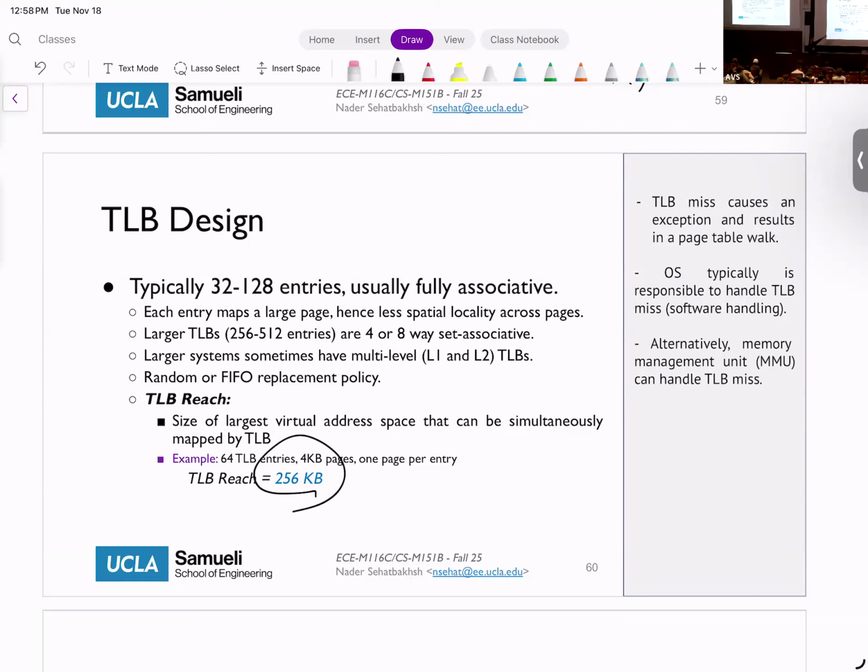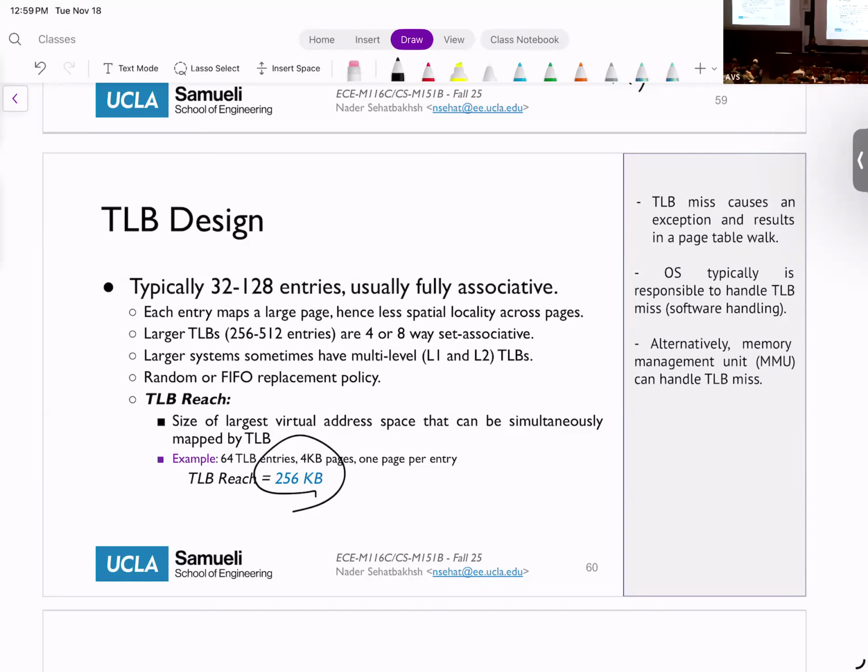Handling the TLB is done by the operating system, because page table walking is done by the operating system. So when we want to fill the TLB, the operating system does that for you. Okay. And as I said, where the TLB is implemented and how TLB misses and hits are handled is done by a unit called the MMU, or Memory Management Unit. Okay?